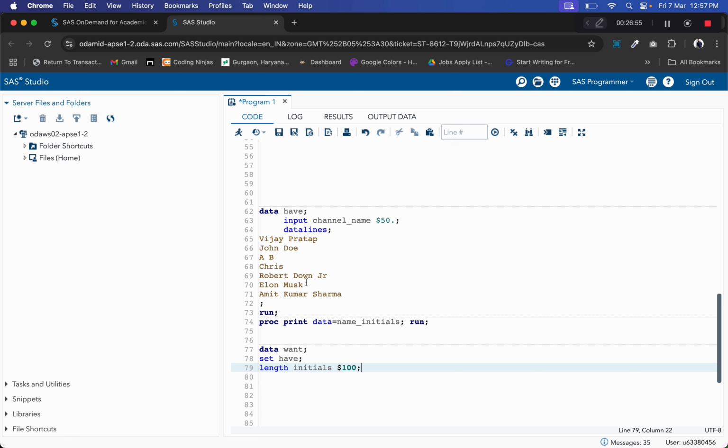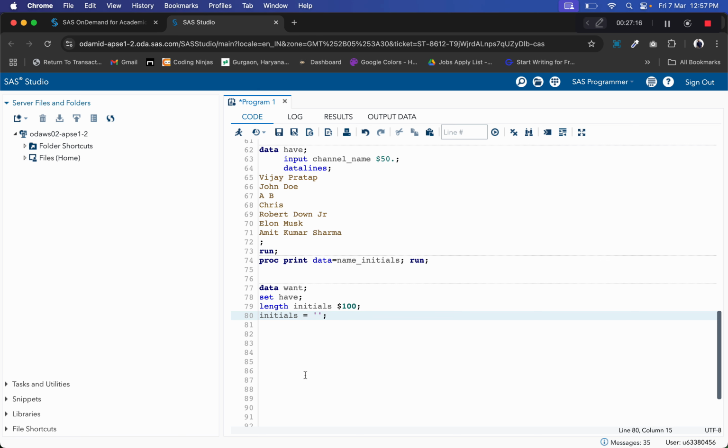Suppose we have 100 words in a channel name, so we are giving initial a length of 100, because each character will hold one length, right? Also, initially I am setting this to blank, empty.